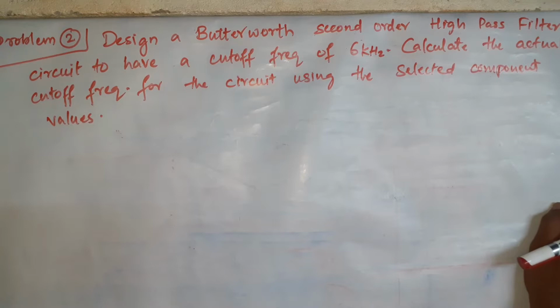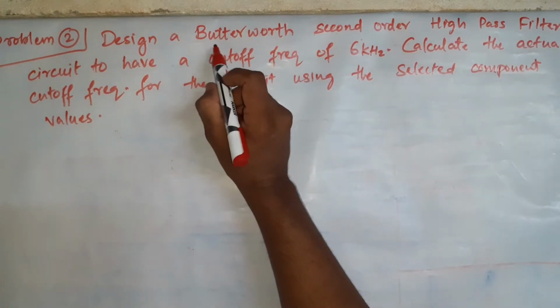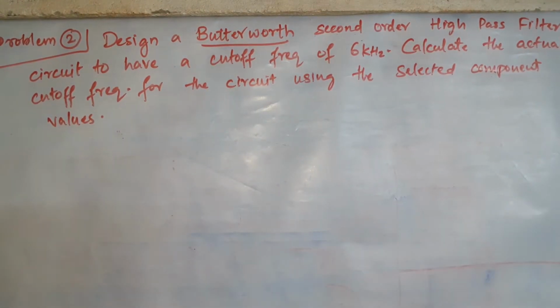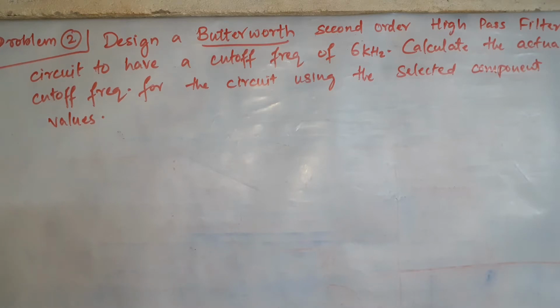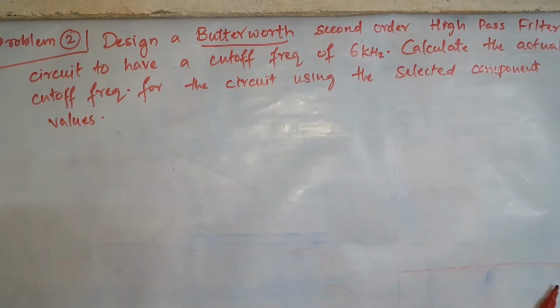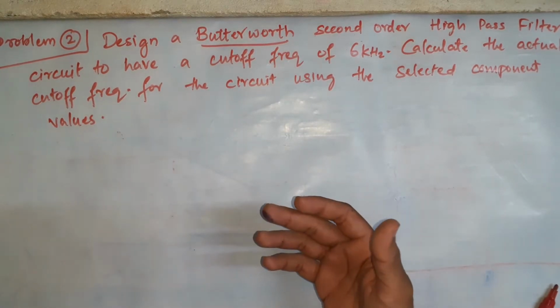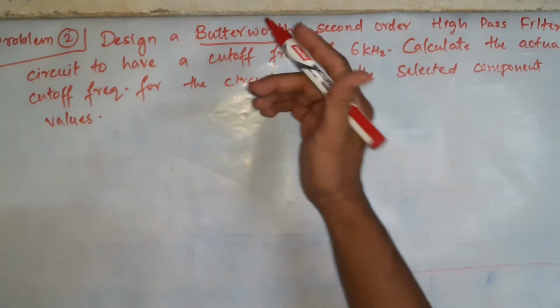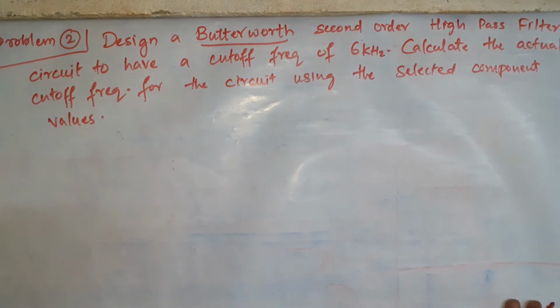Before going to the solution, there is a new term for my students here, Butterworth filter. Butterworth is the name of a type of filter. We have different types of filters among active filters. Butterworth filter is one among them. There is another one, Chebyshev filter. As per your syllabus, you will be studying Butterworth filters. So far, whatever you have learned, all these are Butterworth filters. Whenever you get a topic, explain a Butterworth filter or explain a low pass Butterworth filter, it is nothing but what you have already learned. Don't get surprised with this new term coming into our problem.